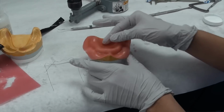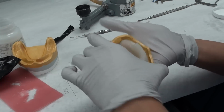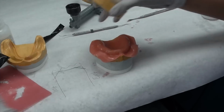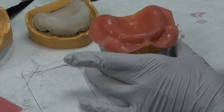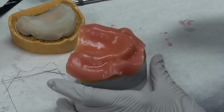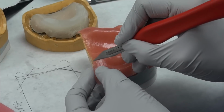Now, the thing that is particularly different here is where on the custom impression tray you want it to be short, on the record base you actually want to come right up to the edge. Okay. So we want to essentially fill the vestibule. Now what we'll be doing here